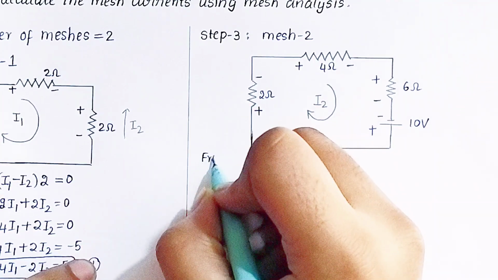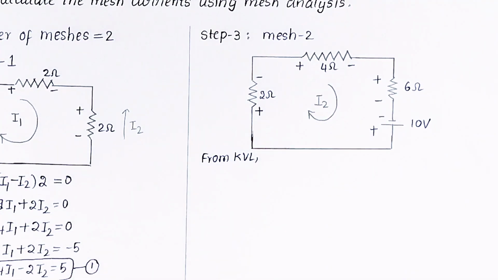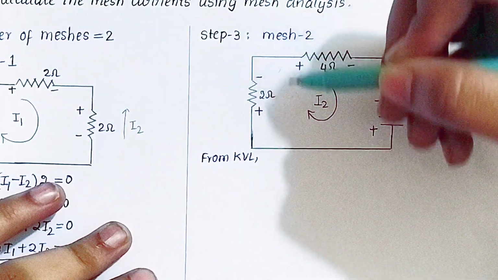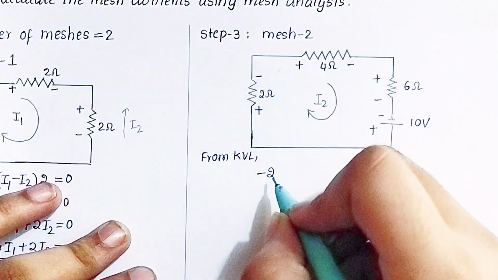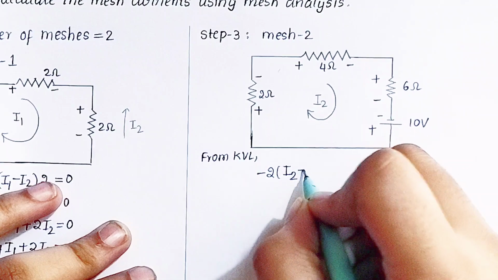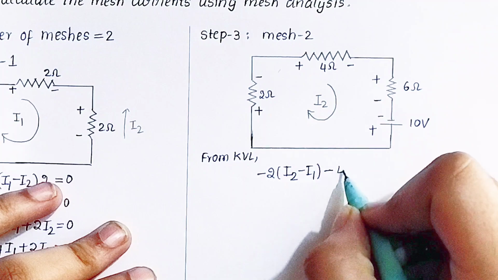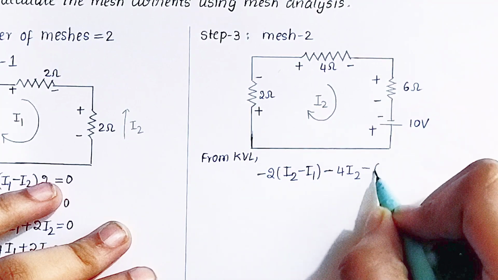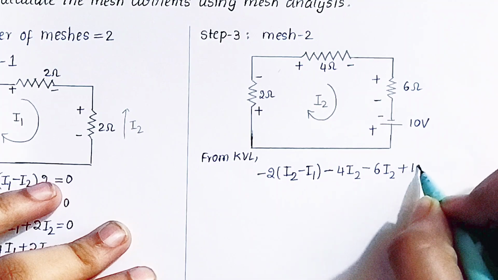Now by applying the KVL rule for mesh 2, we will be getting, so first we have to check the 2 ohms resistance. So the I2 current is flowing clockwise from positive to negative of the resistance 2. So it is minus 2, voltage drop is taken, and I2 is positive because we are solving mesh 2, which is I2 current. So I2 minus I1, and then it goes from positive to negative. So voltage drop again, minus 4 I2. Next we have minus 6 I2. No other currents are flowing beside the 6 ohms. So next plus 10